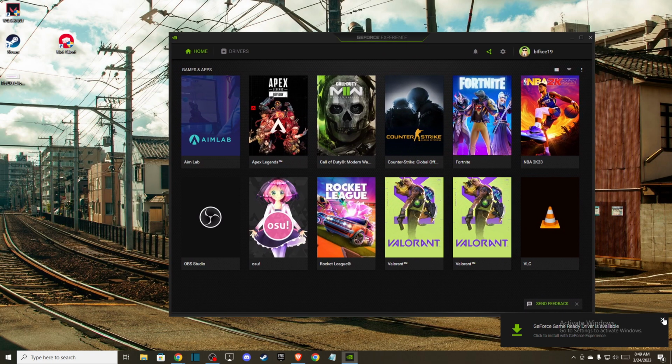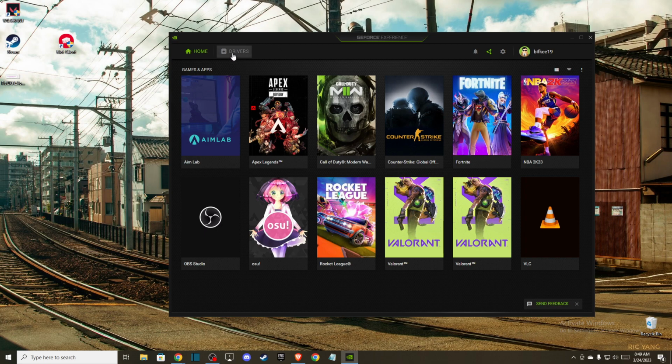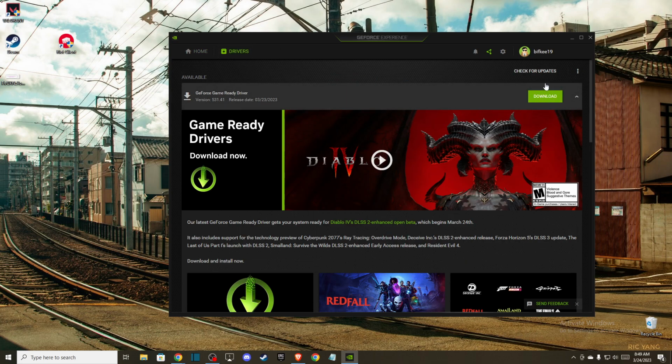And if your NVIDIA drivers are crashing, first of all, what you need to do here is go to Drivers and make sure to press Check for updates. And as you can see here, if there are some updates, update your NVIDIA GPU to the latest drivers, right? And if the problem persists and your driver is still crashing, what you need to do next is